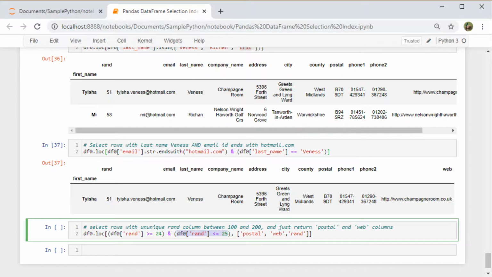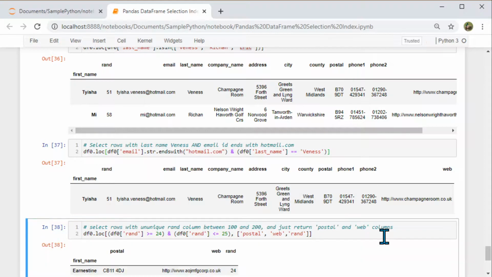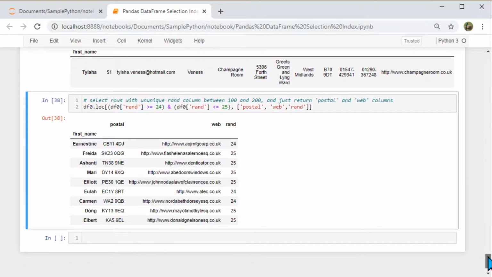That means values 24 and 25, and I want to display columns postal, web and rand, and all of that I am passing as a parameter to loc to display the output. Let's execute this. Here I see all the records with rand in 24 and 25, and I see postal, web and rand, and first name always shows up because that's part of the index.